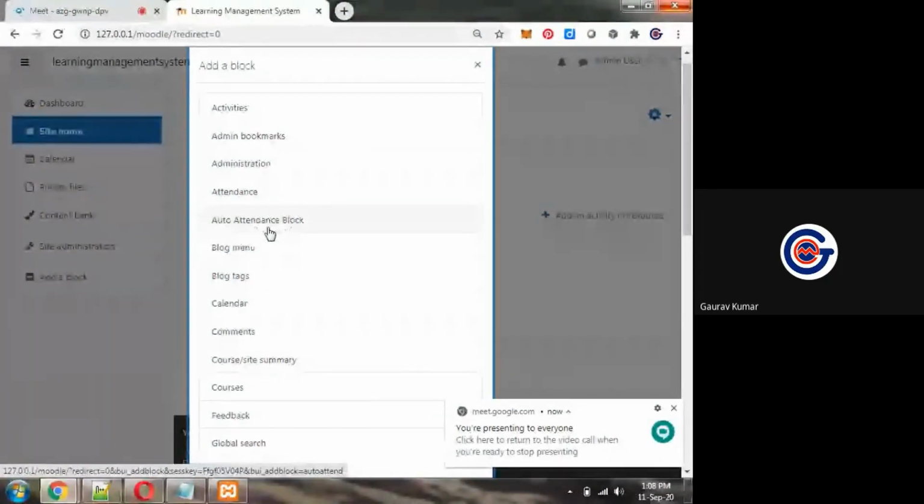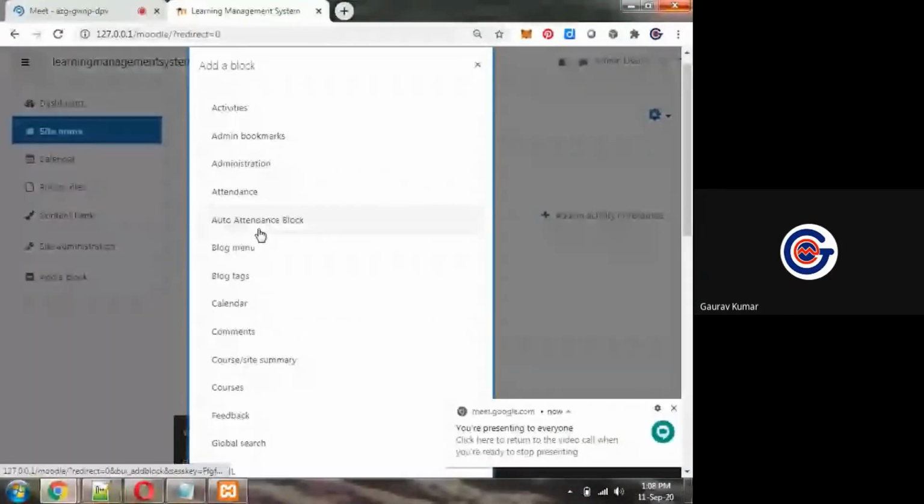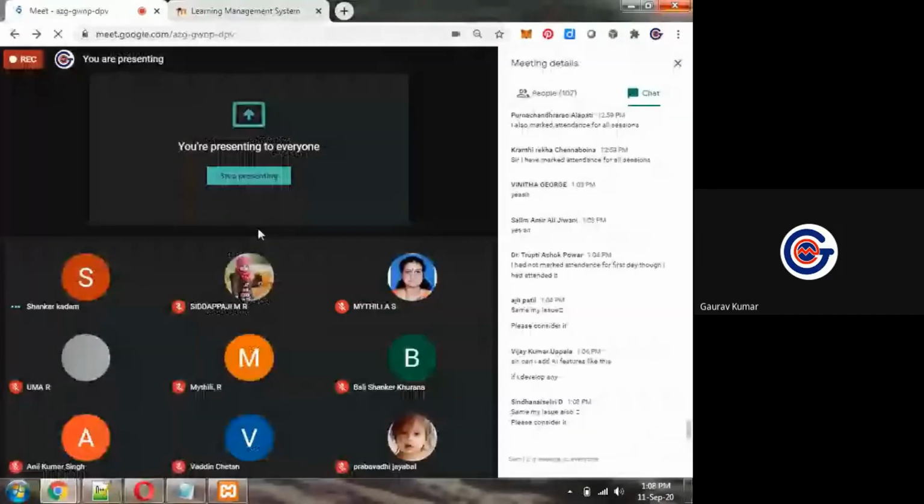Visible to all of you? This auto attendance block was not available earlier. This block we have just installed from the Moodle directory. Is it visible to all of you? You can see this auto attendance block.